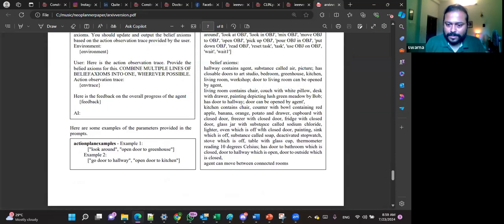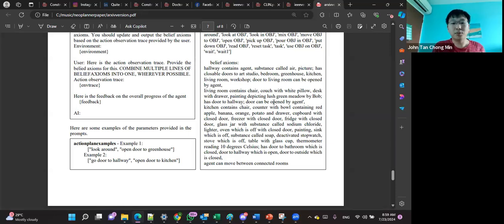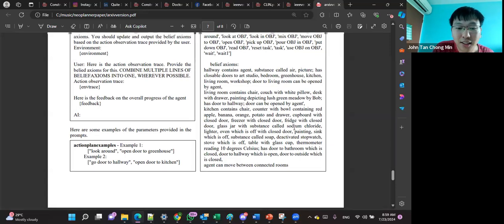Here we are getting it while exploring the environment. After getting the observations, it's going to get the different objects available within that room. Those consist of the available objects that can be acted upon. So it's basically learned from the environment while interacting with it. And of course, it changes based on the location of the agent. Oh, so these belief axioms are basically updated on the fly, right, as what the agent knows? Yeah. Then this is realistic. Cool.